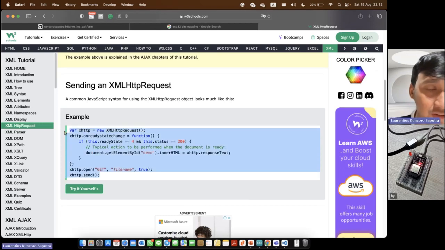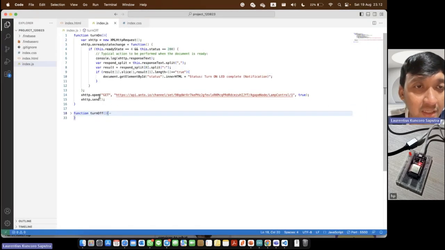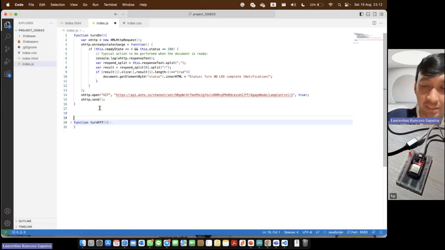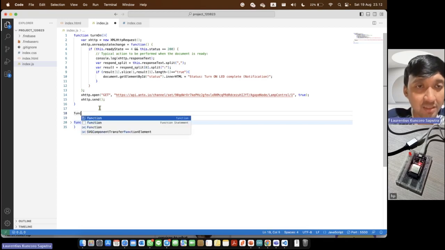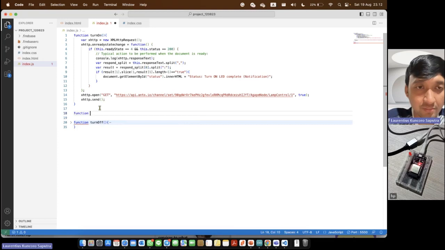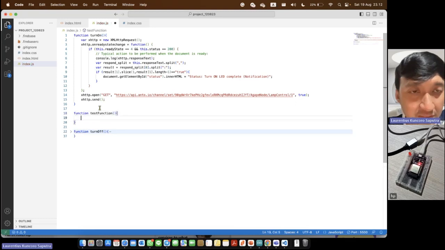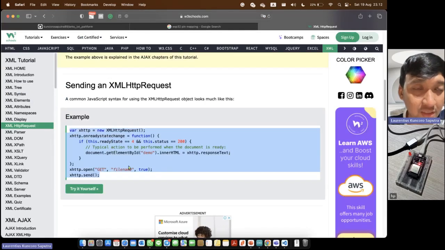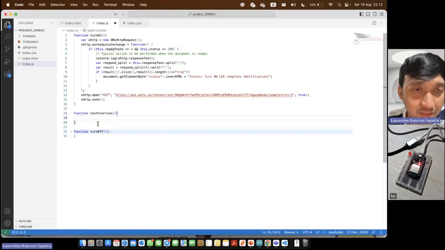Copy, and for this one I can make another function, maybe a test function. So we can paste the code from W3Schools into our function here.